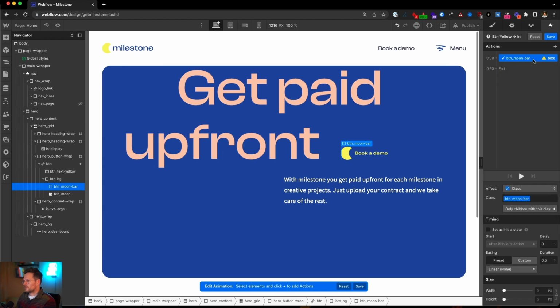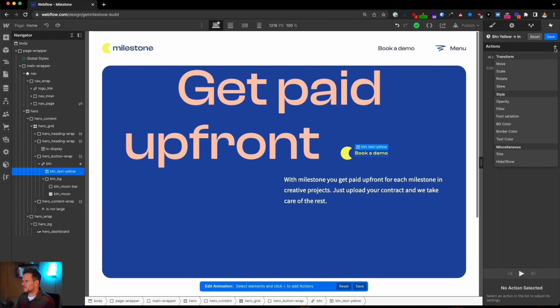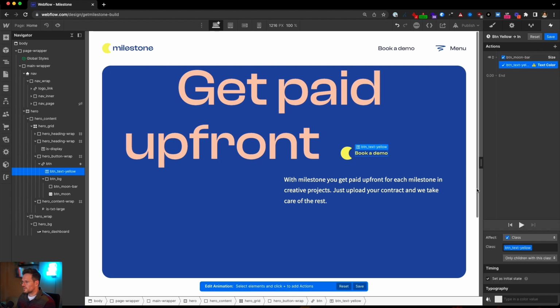We choose size, and this is going to be set to initial. And we give it a width of 0%. Percent is important, so 0%. Next is our text. Let's go to the text and choose, it's the text color actually we want to manipulate. Text color.